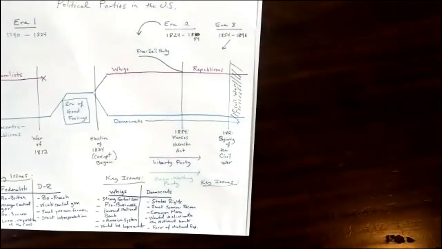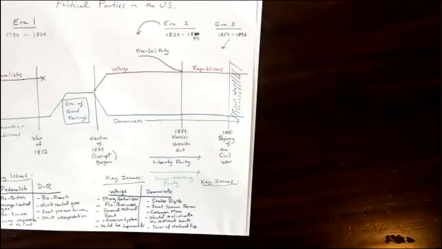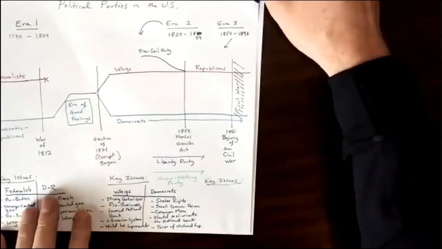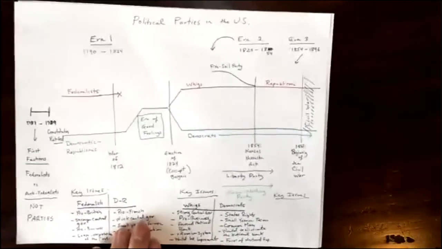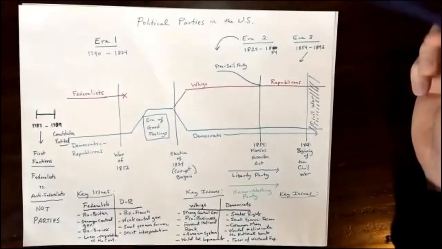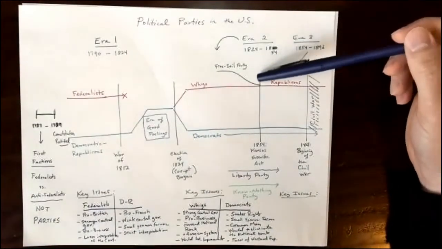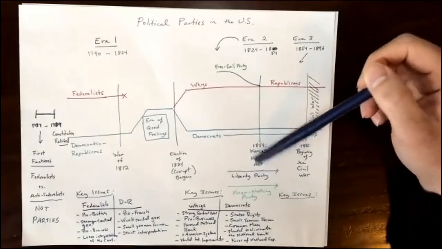So let me explain a little bit about what defines this third era between 1846 and so on. Let me just sit here. Going back over here so you can see the whole thing. By 1854, the Kansas-Nebraska Act took place, and there had been a number of different third parties that had popped